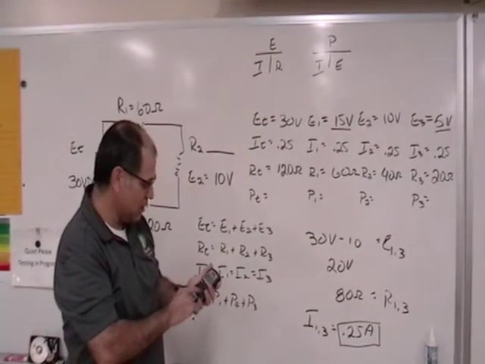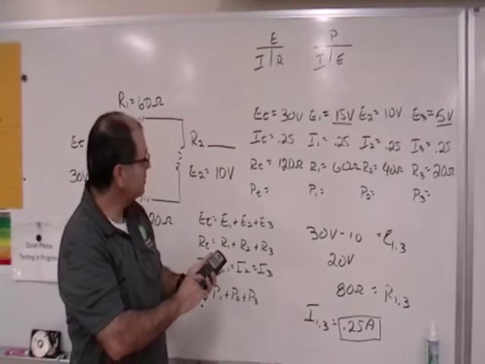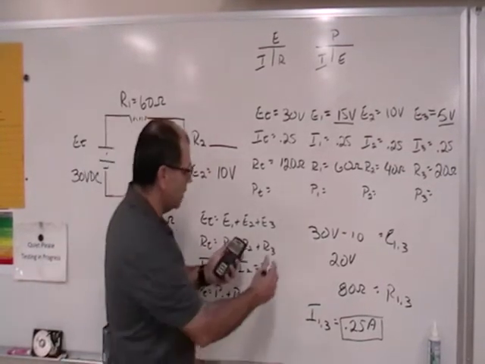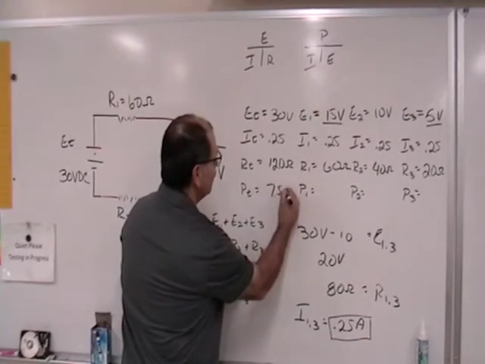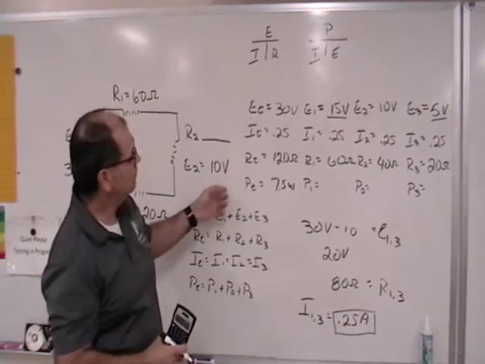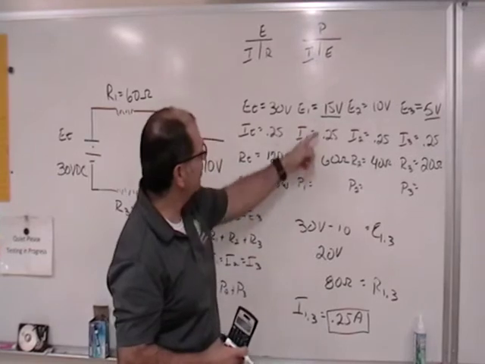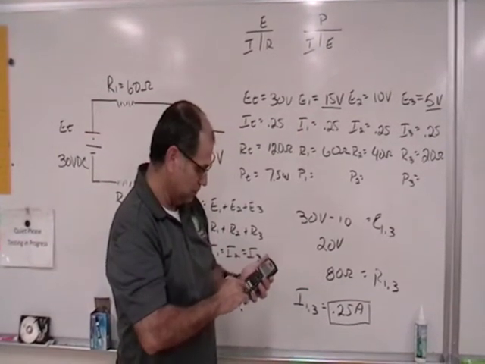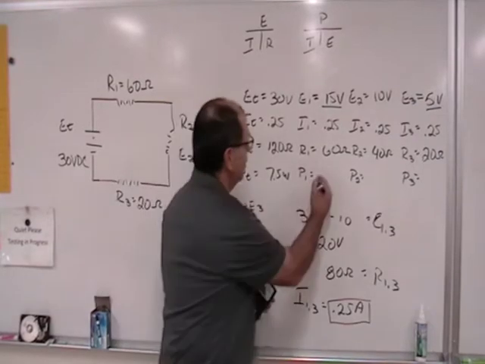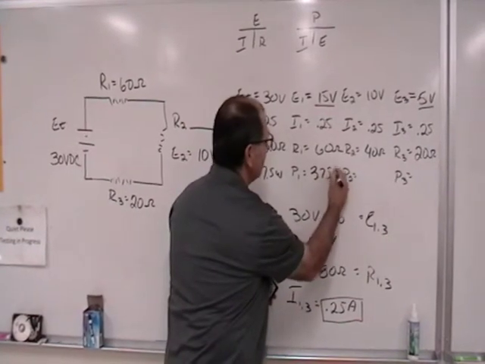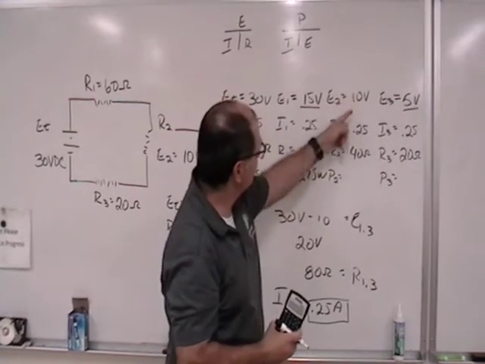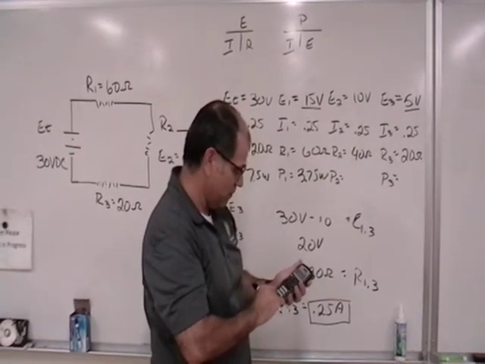So in this case, 30 times 0.25, I have a total wattage of 7.5 watts. Okay, and I can do the same thing here. 15 times 0.25, 3.75 watts. Same thing here for P2, 10 times 0.25,